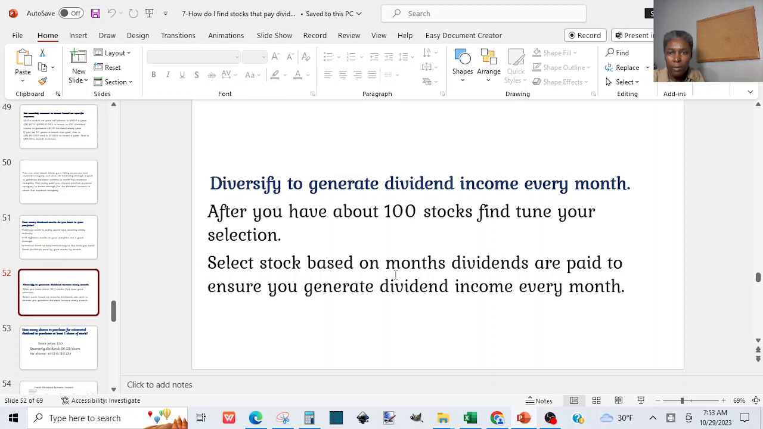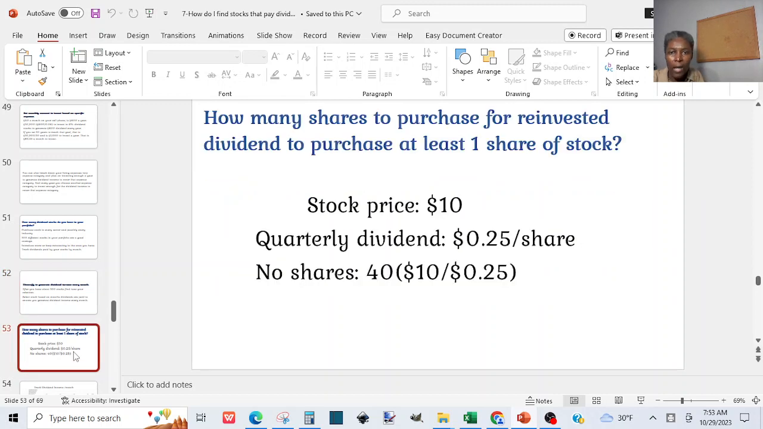So yeah, and that's that. And I think we covered that. But how many shares to purchase for reinvest a dividend to purchase at least 1 share of stock? So yeah, that's another criteria. So when you are choosing to invest in a stock, you can ask yourself, how much of these shares should I buy if you have the money for it, so that next time they pay dividend, it can buy me 1 share of that. So if the stock is selling for $10 and they are paying $25 a share,